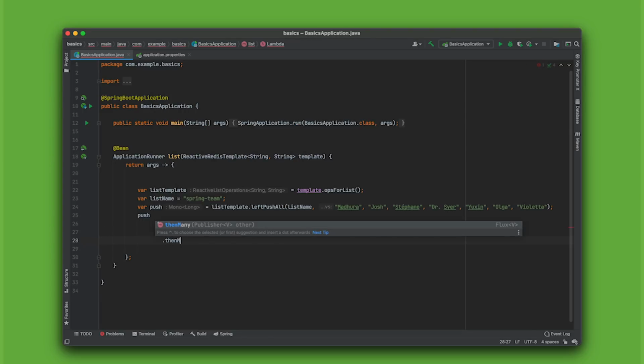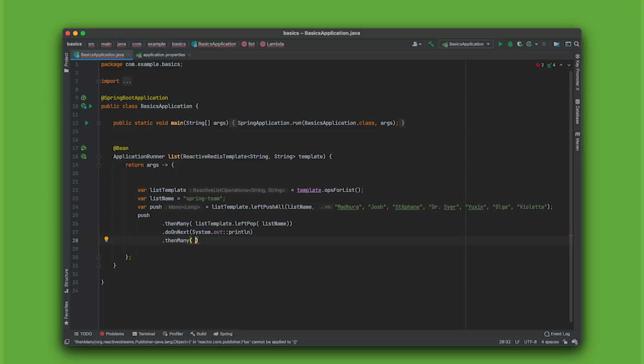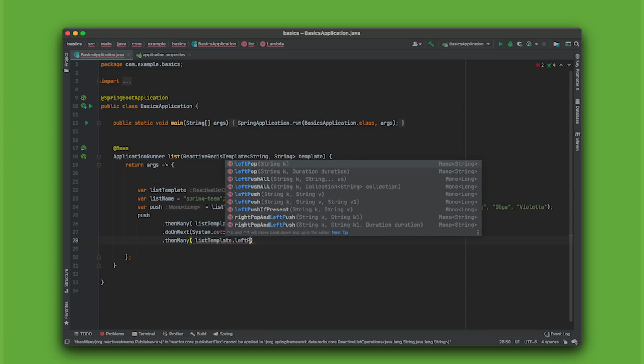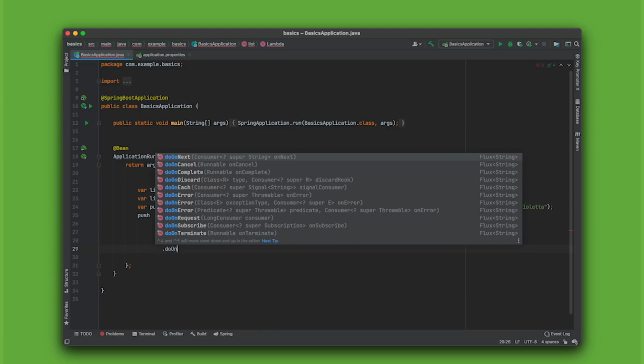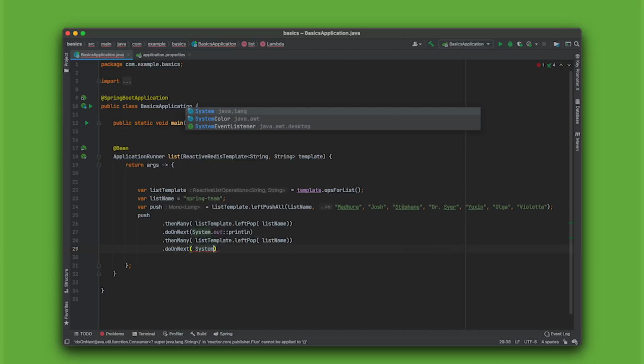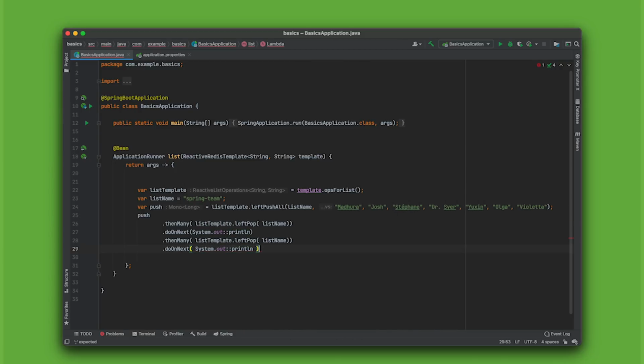All right, and then I'll do a then many, and I'll say list template dot left pop again, and I'm expecting now to get the second value from the right, right? So here, I'll left pop the list name one more time, and I'll print that result again. So I should see the last two names in this list, and then finally I'm going to force the resolution